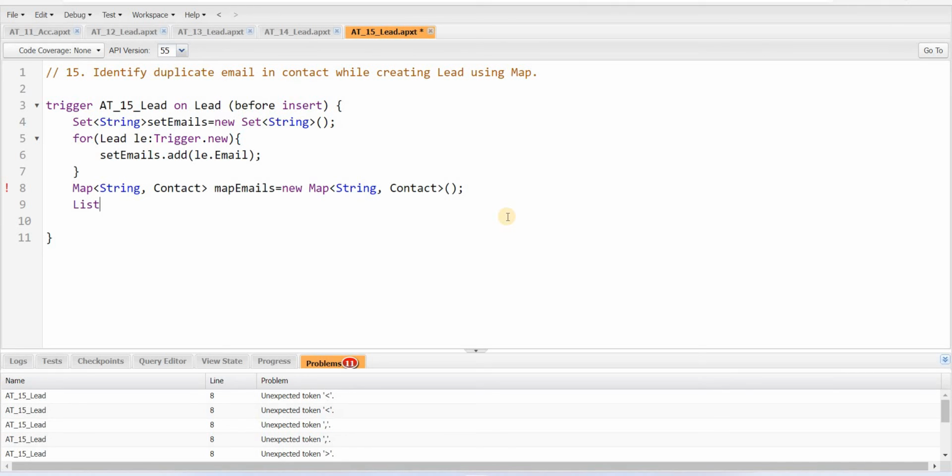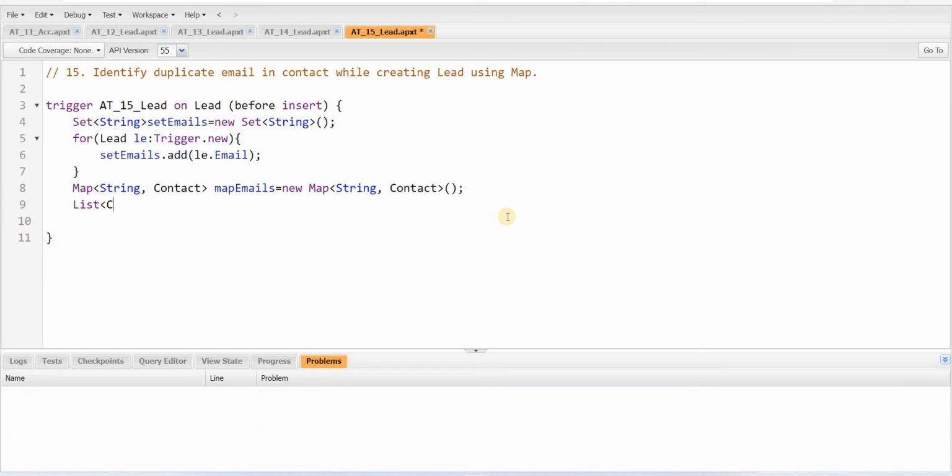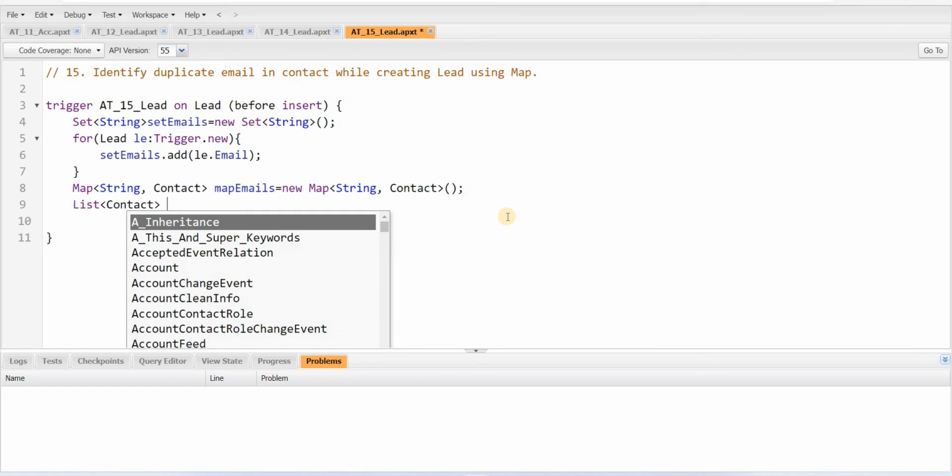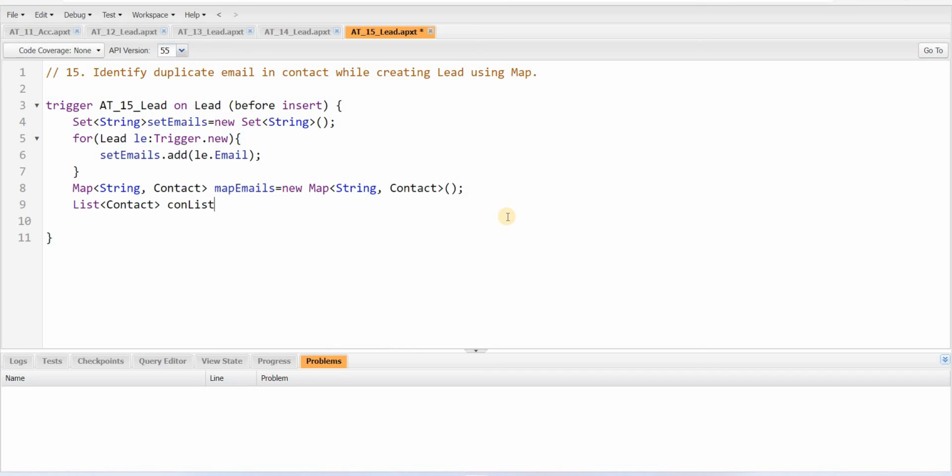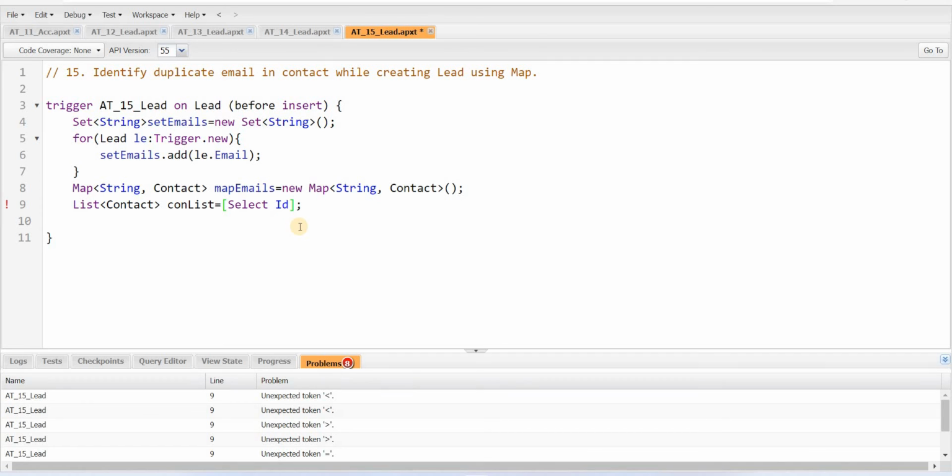I'll query list of contact, con list equal to, same story, guys. Select ID comma email from contact. Same story. I will write otherwise. Select ID comma email from contact where